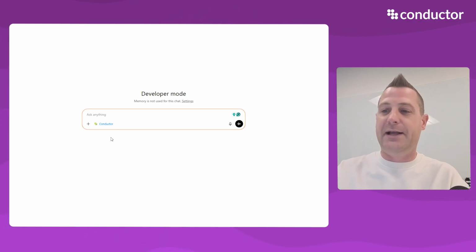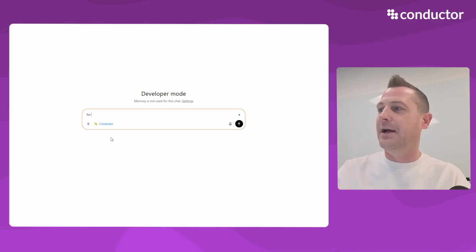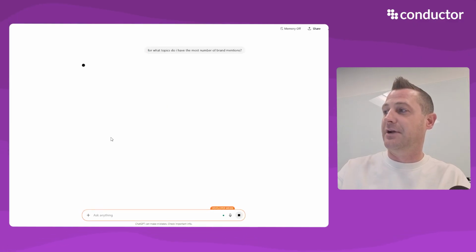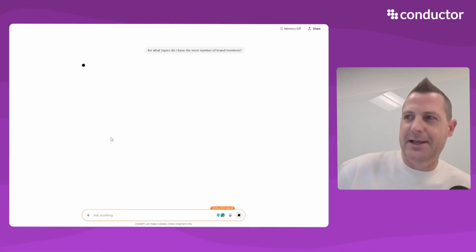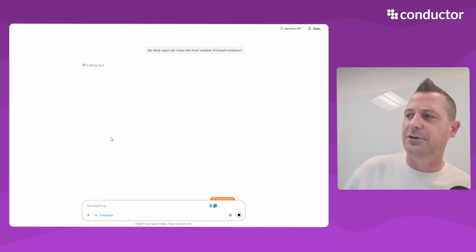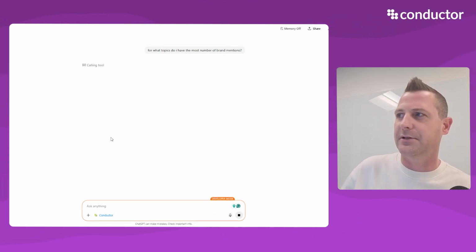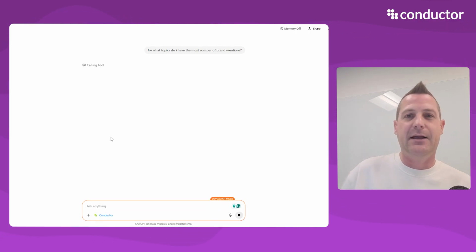And right now, let's just ask it something like, for what topics do I have the most number of brand mentions, right? And what's happening here is that ChatGPT is going to go out and start querying Conductor's API and the tools that we've built,